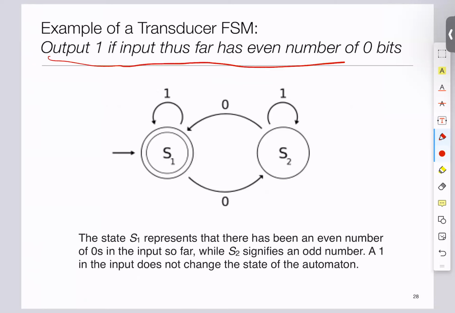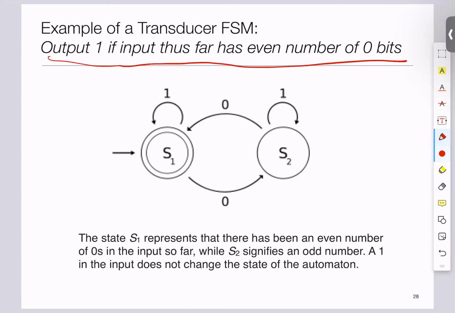Output 1 if input thus far has an even number of 0 bits. So let's think about it. What we are saying is I have bits coming in, and at every clock tick, I want you to output a 1 if thus far I have received an even number of 0 bits. So like we start out, receive nothing, so I should output 0. I get the first bit, let's say that bit is a 0. Well, actually, then so here